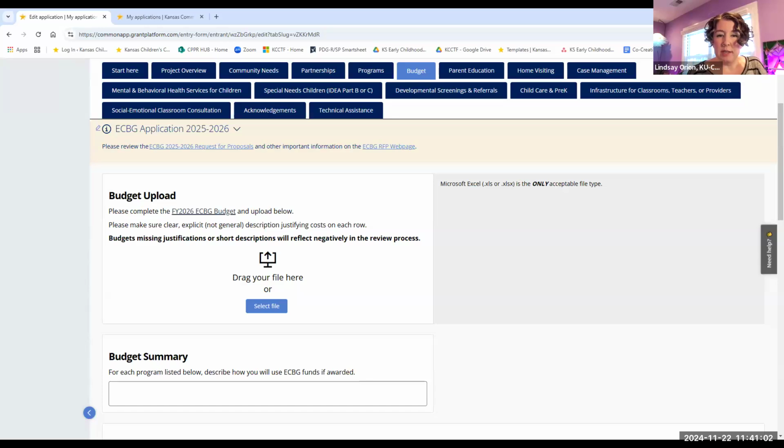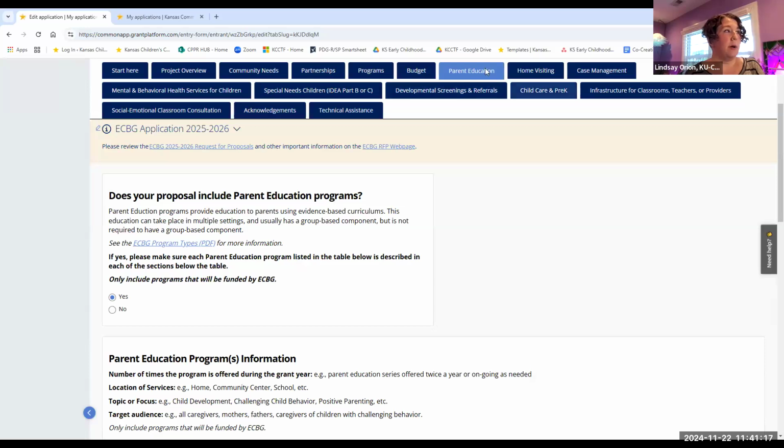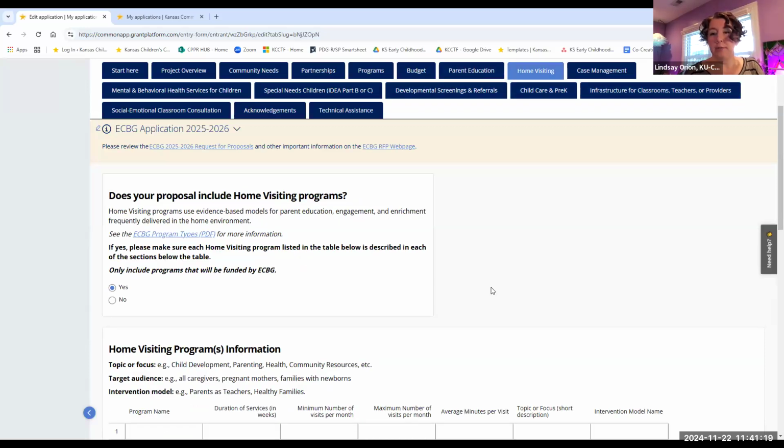A couple other questions. I'm going to jump to Karen's question: are all the questions that populate in the portal included in the sample application PDF? Unfortunately, no. The program tabs for parent education, home visiting, and all the different program types have conditional formatting at the top, and there are a couple of other places in the application.